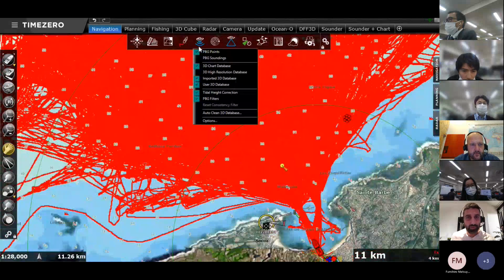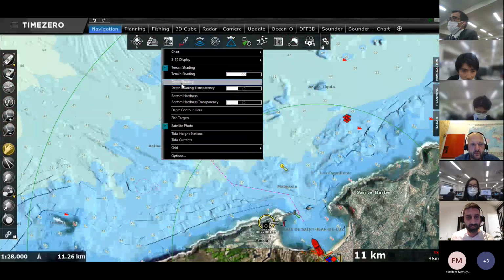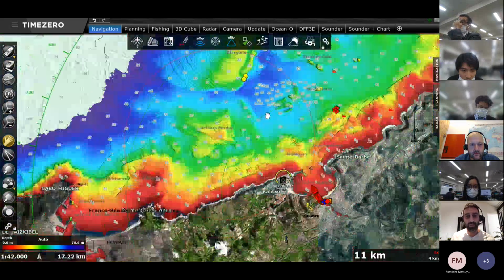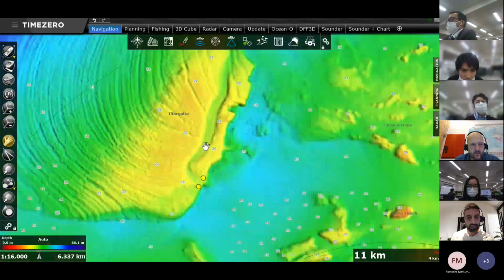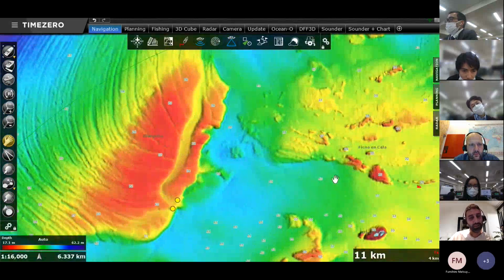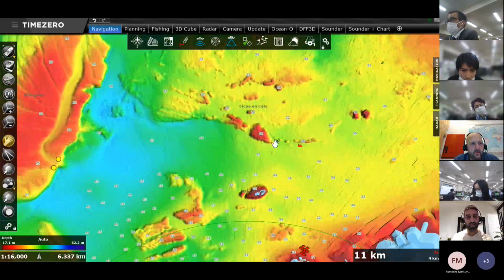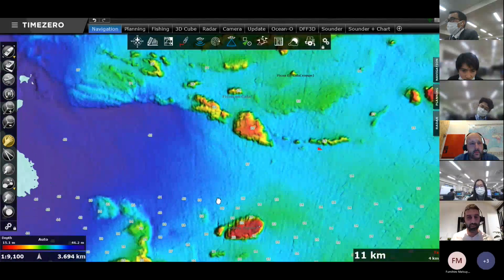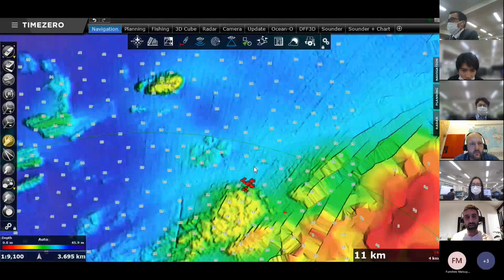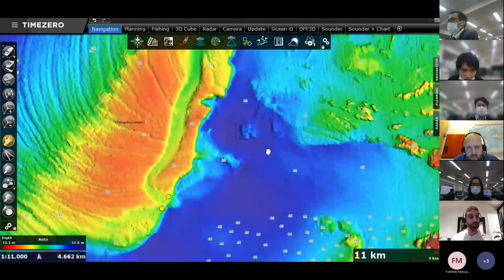And if I take off the PBG points now and I show you the depth shading and the database that has been created by this fisherman, you will see here, I don't know if you can see it well, this is his bathymetric database that has been recorded with his sounder. And you see how the resolution is pretty amazing. So he has been pretty much everywhere. It has recorded every spot, and you see how he has created a very nice bottom chart.